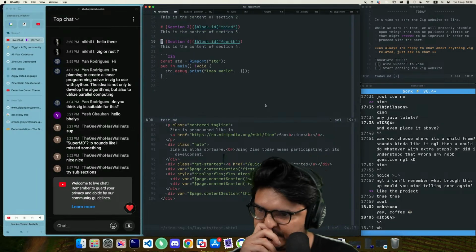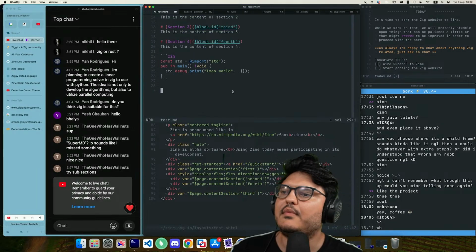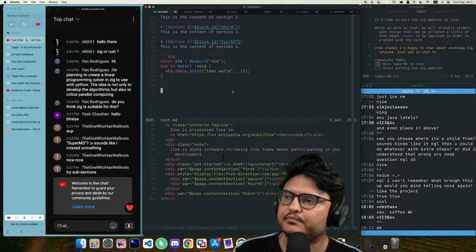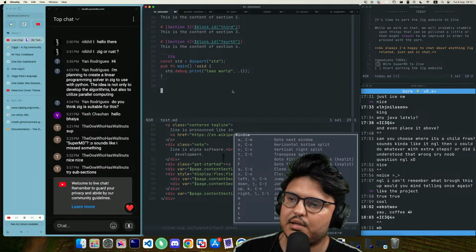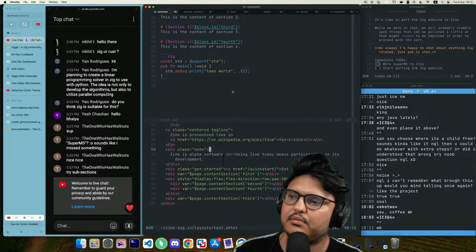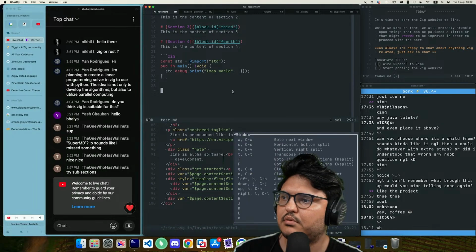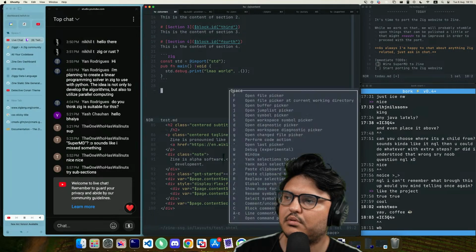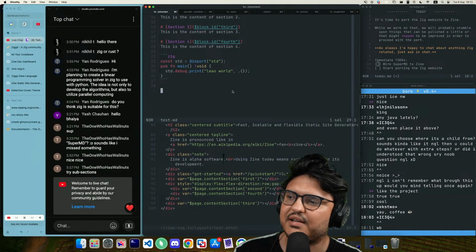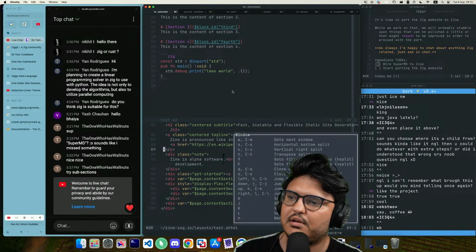Okay, so window down. Huh, that's funny. How do we close window? Q. Close windows except current.